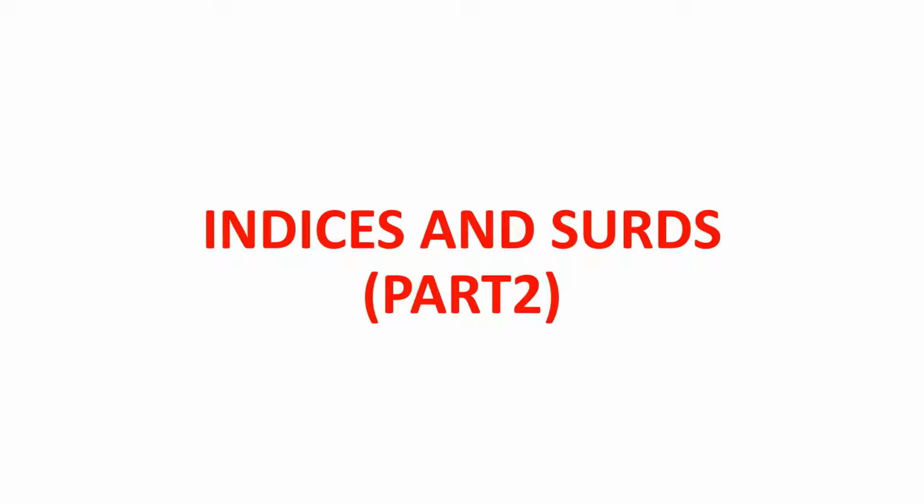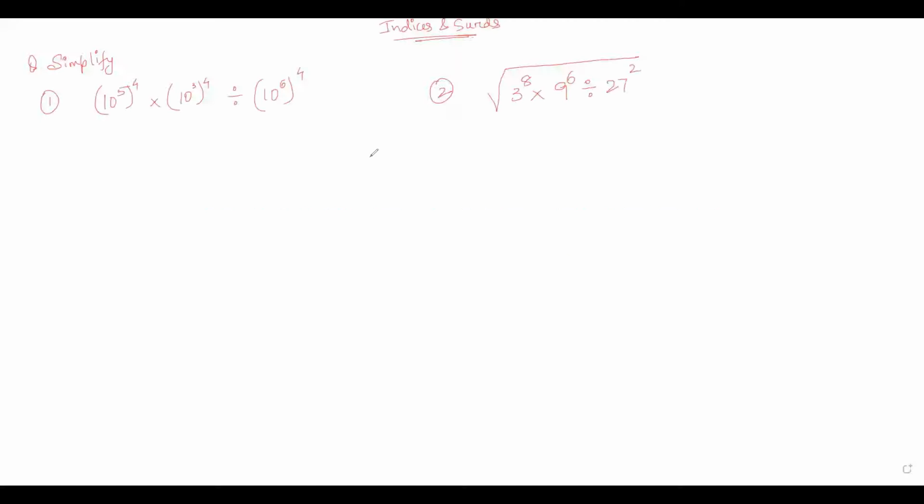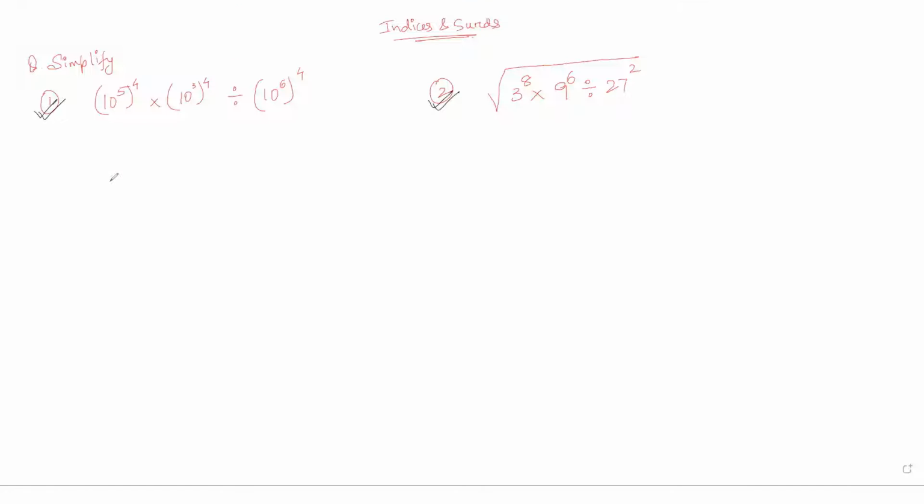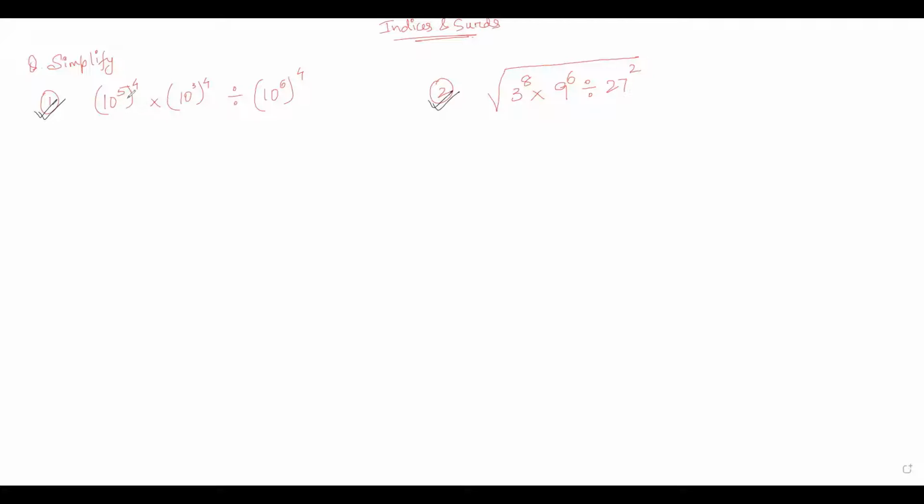In today's video, we are going to see some problems based on indices and surds. So let us start with today's video. Let us start with the simplification of these two expressions using the laws of indices. Before seeing the solution, I would request you all to solve these questions from your end first and then check the solution. The first one given is 10 raised to power 5 to the power 4 times 10